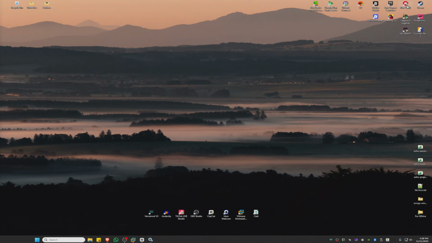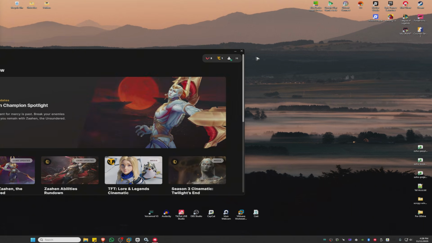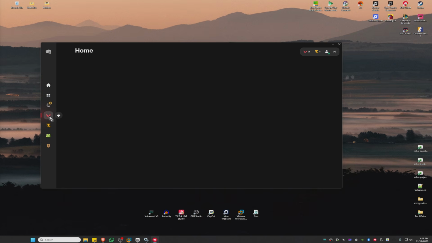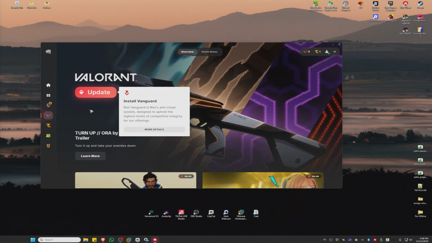Just go ahead and open up your Riot client, like so. Wait for it to load. And then once it loads, all right, just go ahead and select any game. From here, as you can see, we now have an update notification. So what you'll do is just click on one. And as you can see, we now have this update button, which you're going to click and wait for the